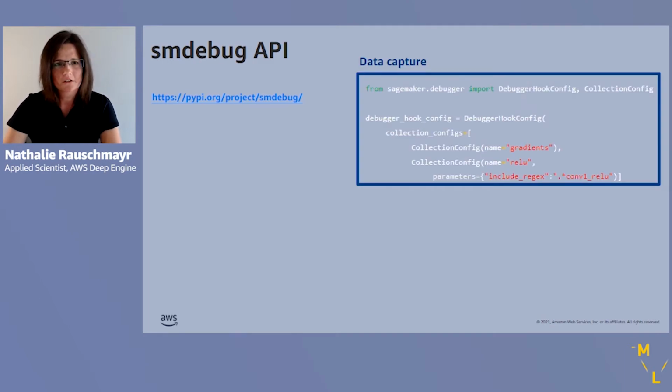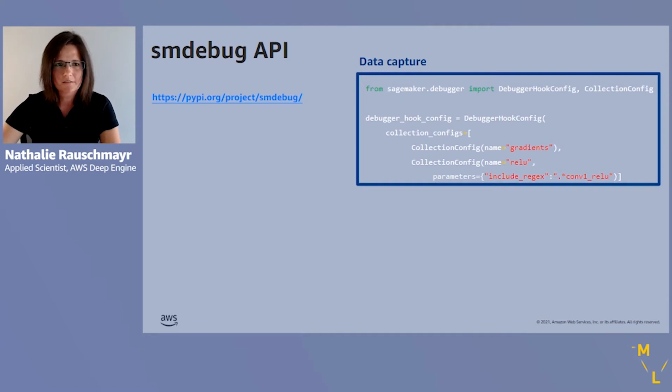If you run your training on Amazon SageMaker, then in the SageMaker Python SDK, you can now define a debugger hook config. In the debugger hook config, you basically tell Debugger which kind of tensors to capture. It supports default collections such as gradients and weights, but you can also create your own custom collection. In this code snippet, I now select the gradients and my own custom collection for the ReLU activation outputs. I simply have to specify a regular expression of the tensor names I want to have included. So I select here conv_relu.